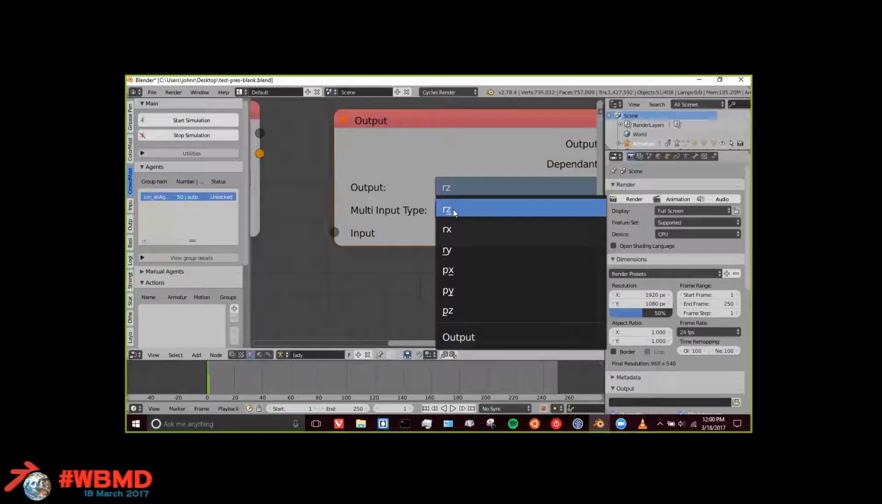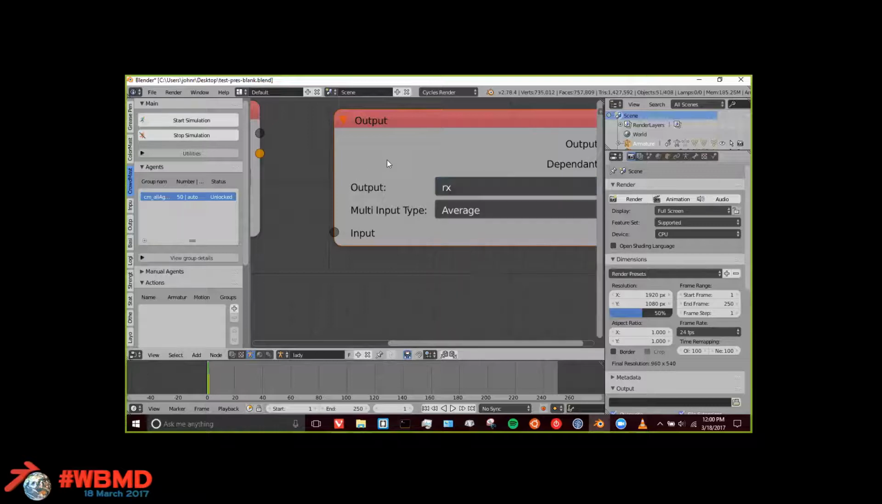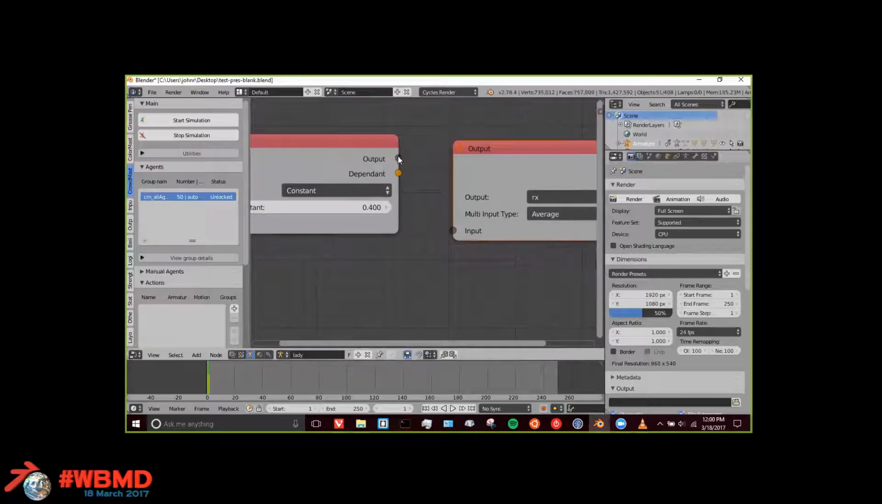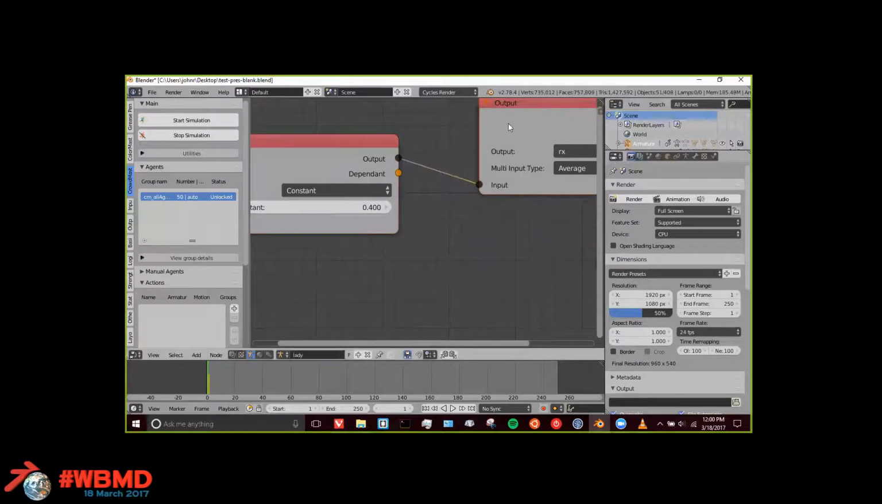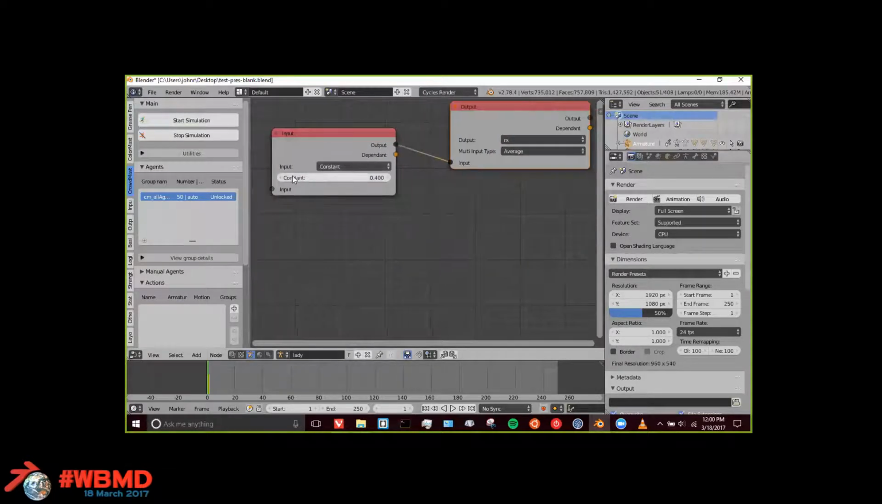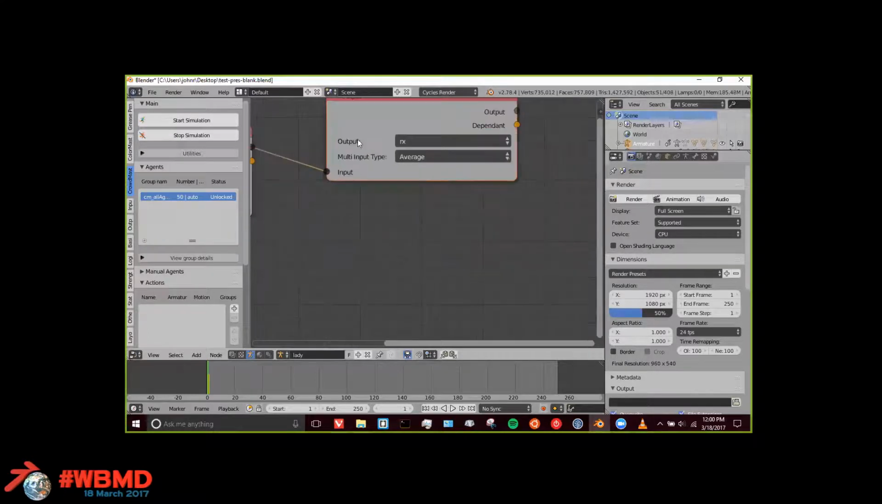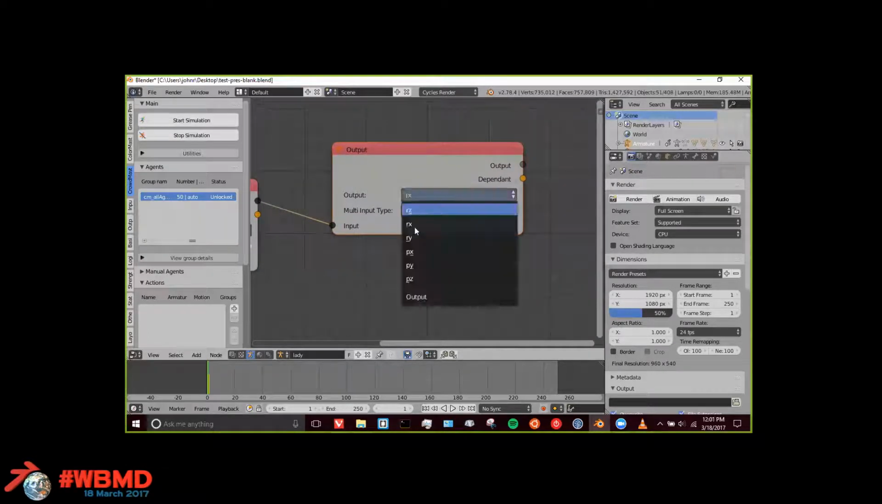So the first, RZ stands for rotation on the z-axis. RX is for rotation on the x-axis. RY is for rotation on the y-axis. PX is for position on the x-axis. PY is position on the y, and PZ position on the z. So what we can do is connect this output to the output node. And what's going to happen is this value here, 0.4, is going to be fed into the rotation on the x if we keep it as it's set up right now, but we can make it affect the position on the